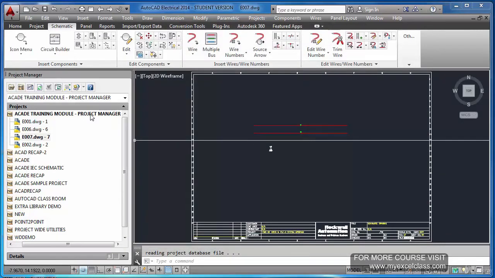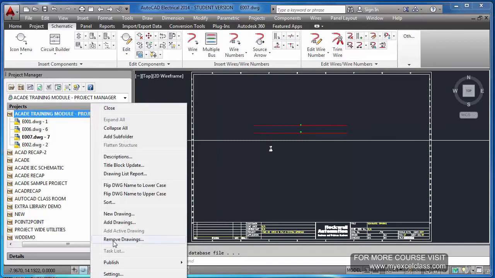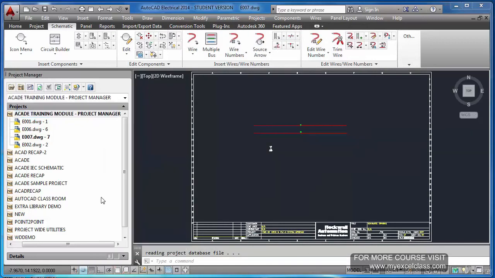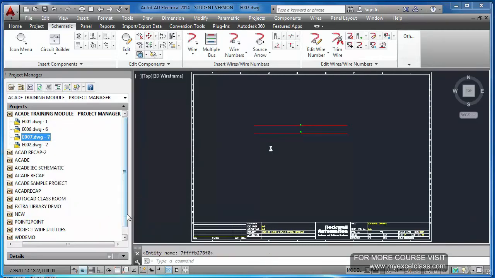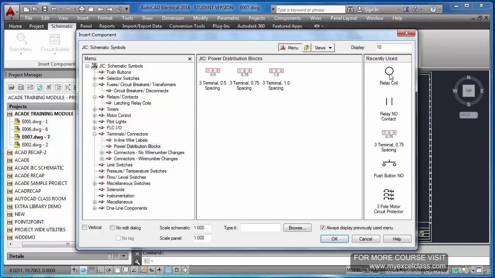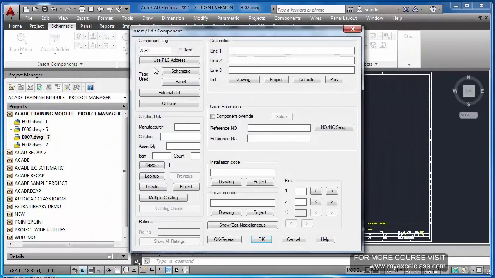Because I have changed the property in this project file, but these drawings are carrying some other property because we made them even before changing these properties. Now if I apply project defaults to this and then try, you see it is coming as 7CR1.